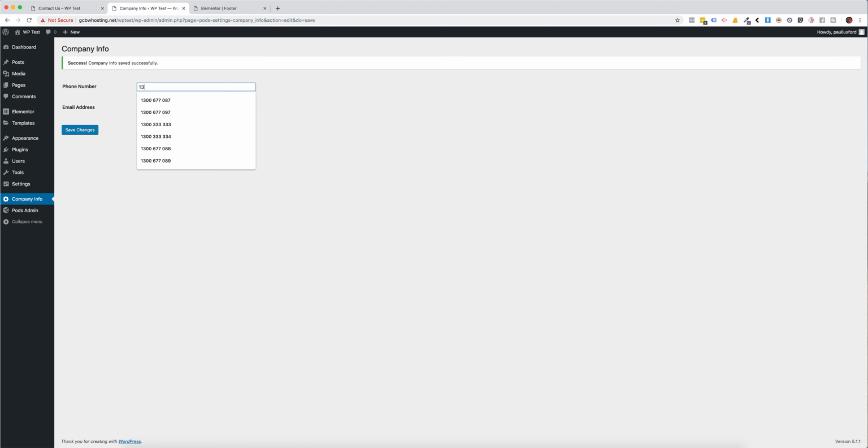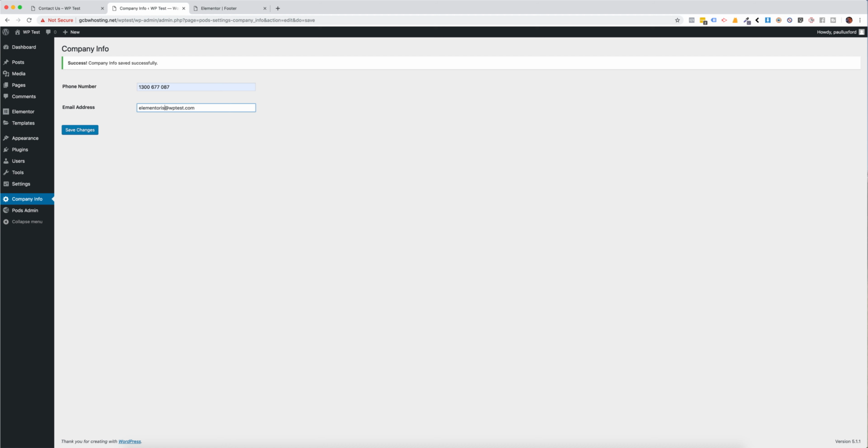Okay, so let's change this number to a 1300 number. Let's select one of the ones here. Let's change the email address. So your client has just rung you up one day and gone, oh, I've got to change my phone number because my old phone number just died and I had to get a new one. So now all you have to do is just come in and just update one place, and the way you go. So I'm going to just put this as